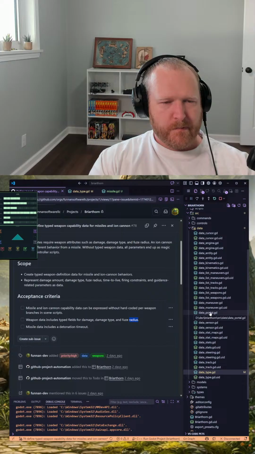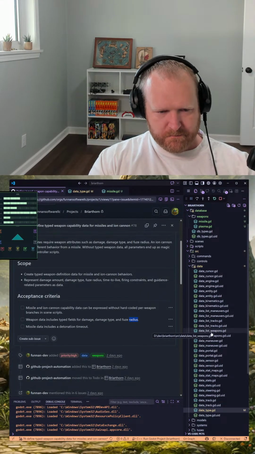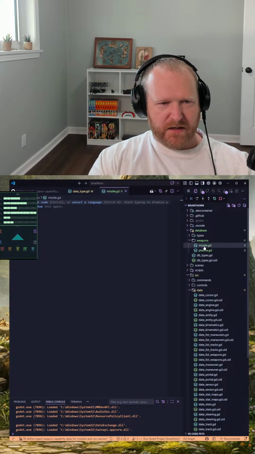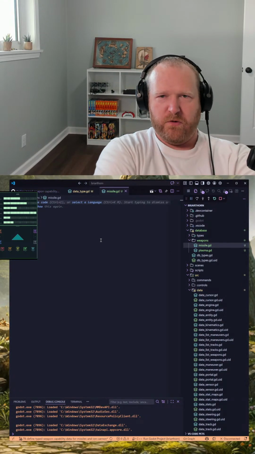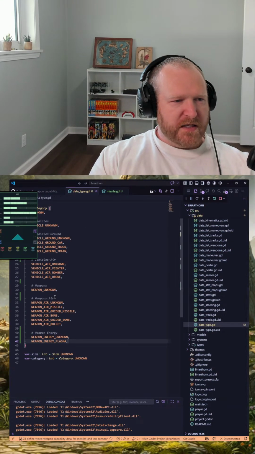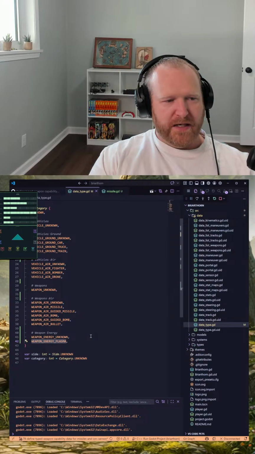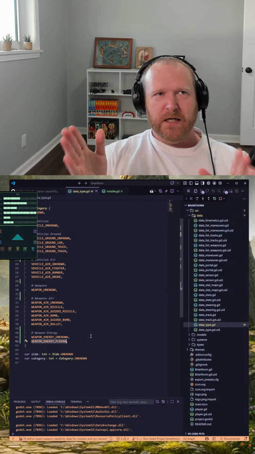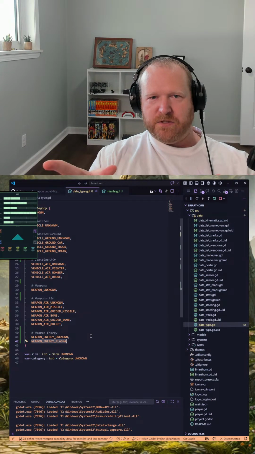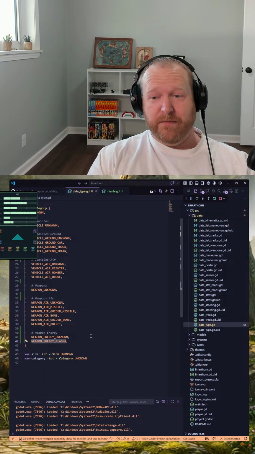Now, at some point, we might need to be a little bit more generic with our capability so we can perform lookups where it's like, hey, given this weapon type, if I pass in weapon air missile or weapon energy plasma, I still want to return a somewhat generic type so that I can look up the damage or the type of damage off of it. But something specific would be